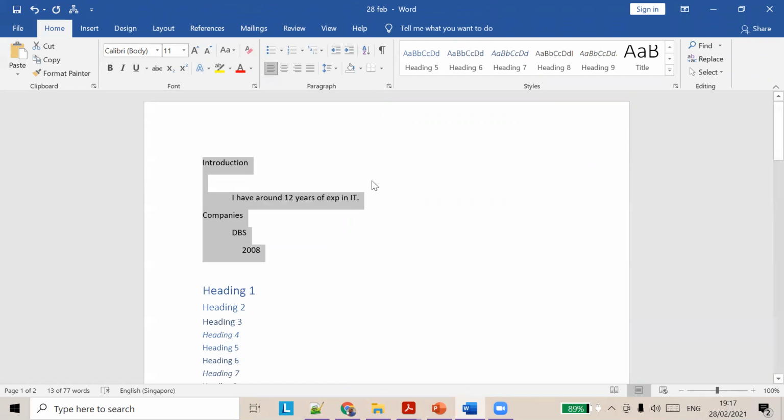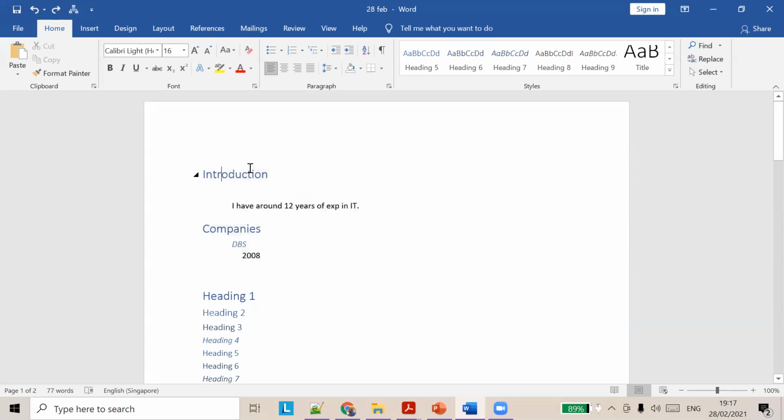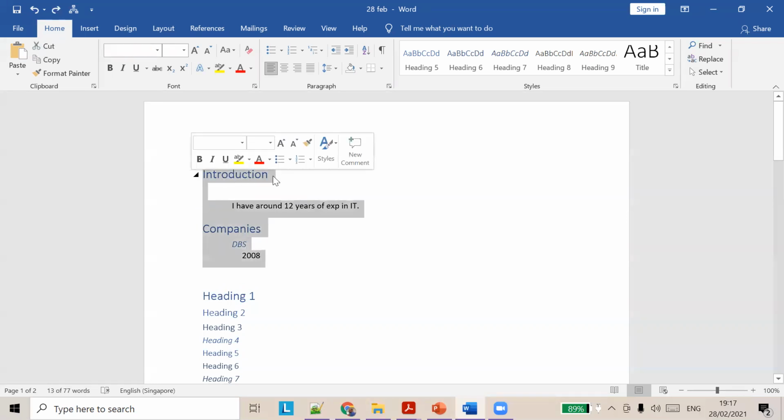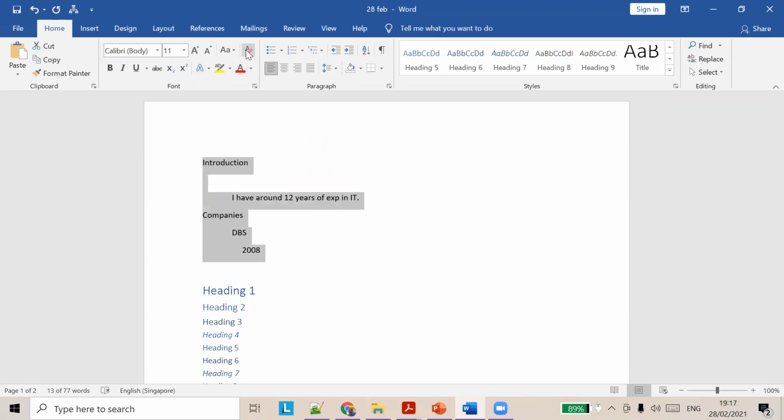So when you do clear all formatting, you can see carefully that the introduction and the company's overall heading had heading formatting. We clear all those formats using this button. Just click it and all the formatting is cleared and all the text will be in the default format, which is Calibri 11.